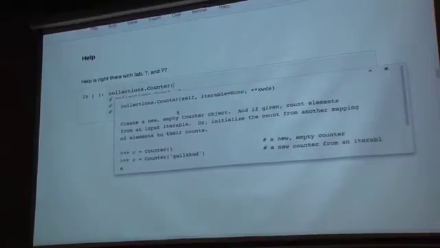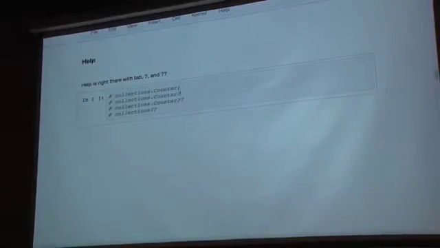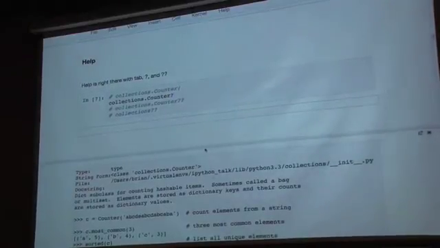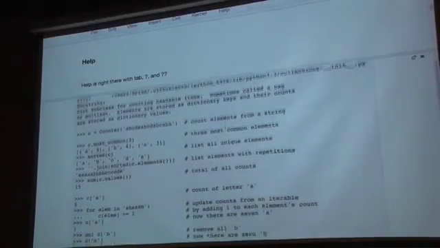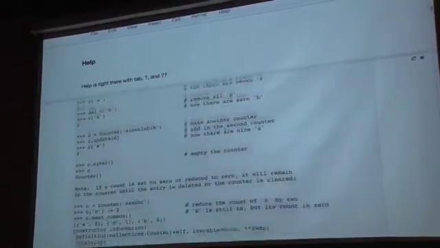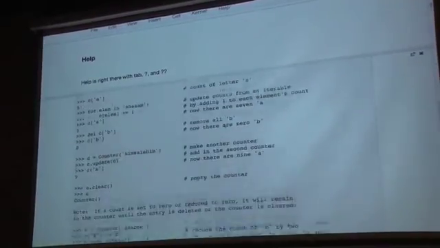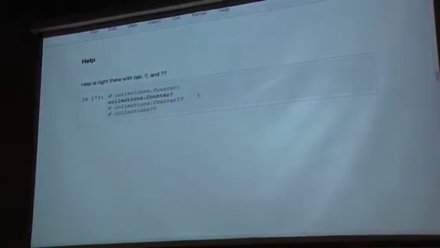Now, that's really useful and nice, but when you start typing here, the popover goes away. So what they've also done is you can do collections.Counter with a question mark. And if you execute the cell there, it has a little pop-under here that goes to the collections module, looks for the Counter doc string, and brings it up here. And you can pop that out to a new window. You can re-minimize it, close it, and you'll notice as well that that was just the doc string for the Counter. If we do a double question mark,